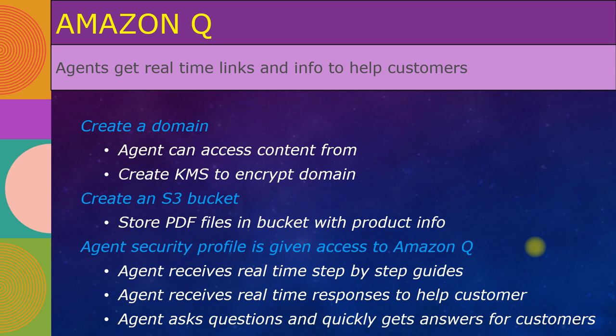So agents can ask questions quickly and get answers to the customers, which means the agent can ask Amazon Q, you know, what kind of sinks can I order for this particular kitchen? And Amazon Q is going to go into your knowledge database for your product catalog and basically give the